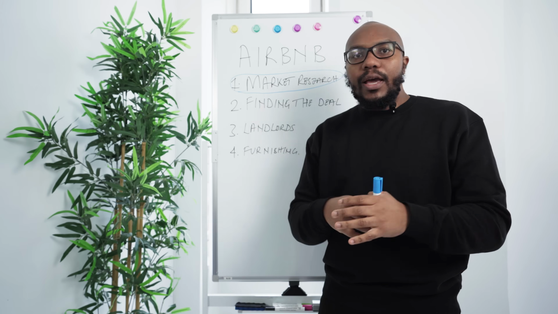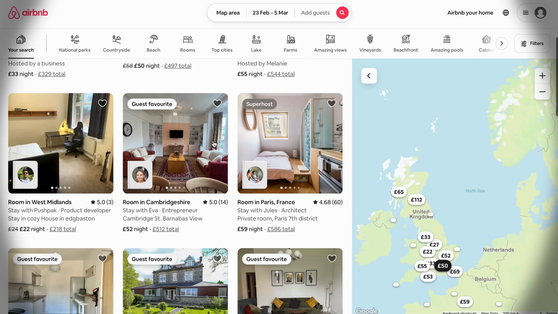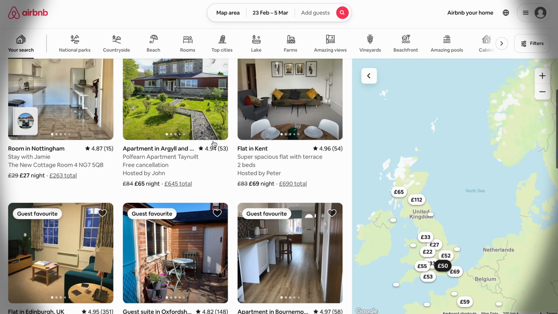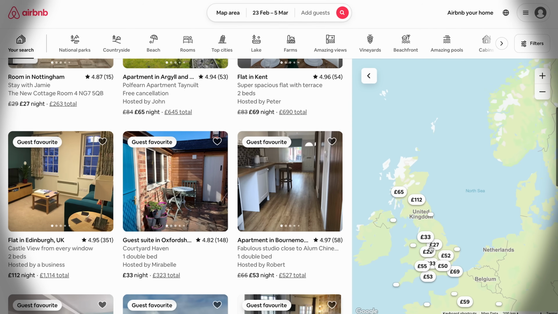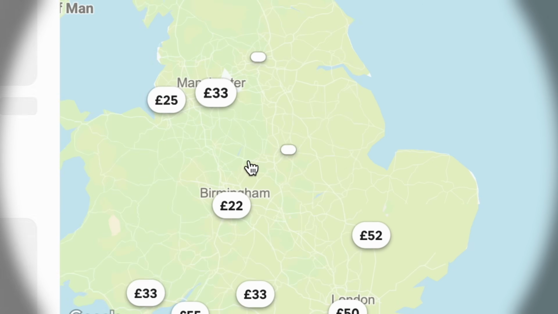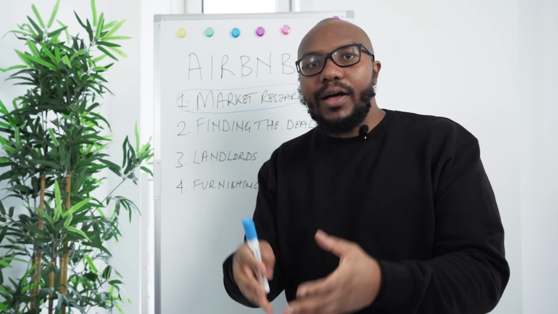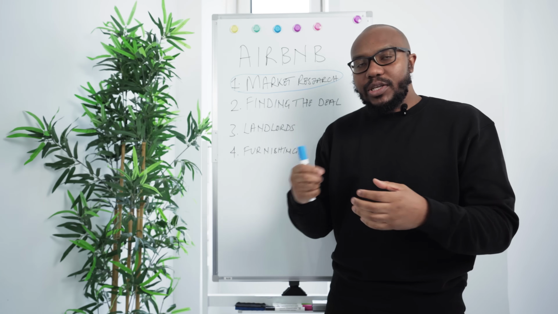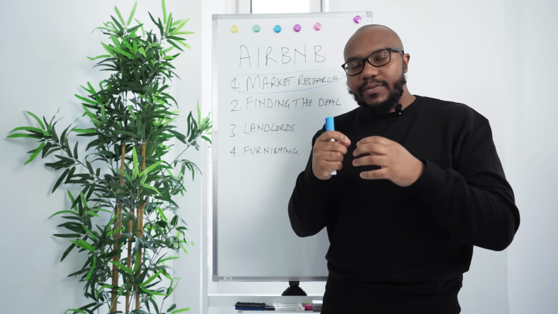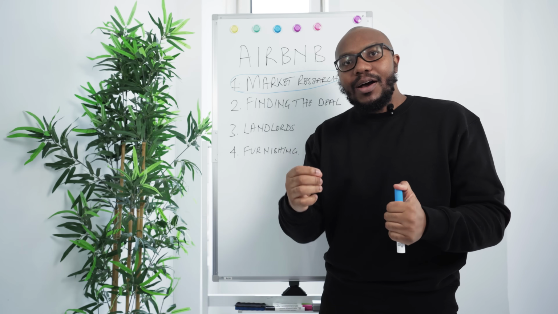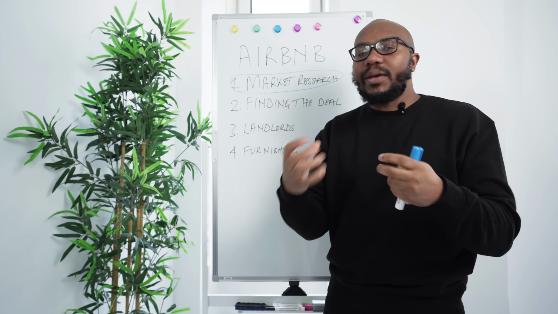So if you go on Airbnb right now and act like you want to book a place, especially where you live, you'll see there's a lot of Airbnbs in that place. So why should you go to a different city or a different town if where you are there are Airbnbs? You just want to research, obviously, even if there are Airbnbs where you are, what type of properties there are. So it's like market research.